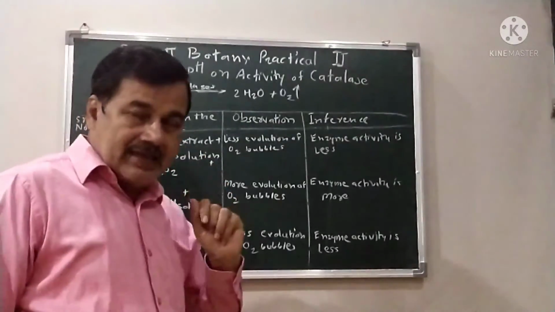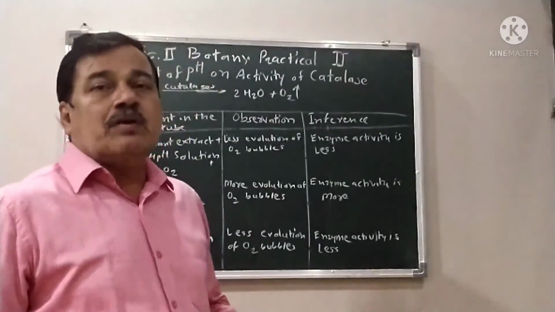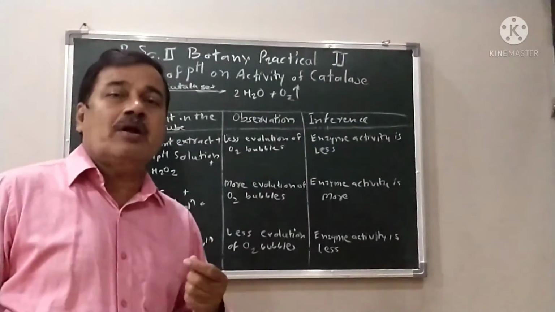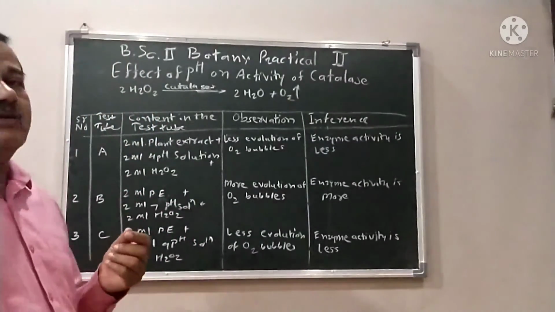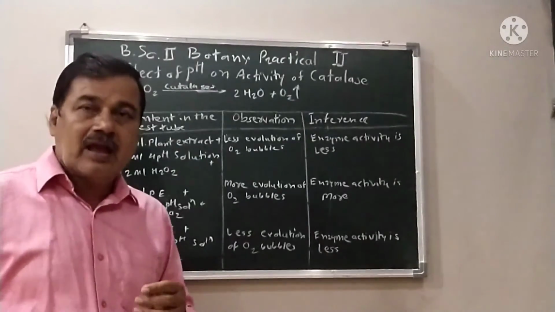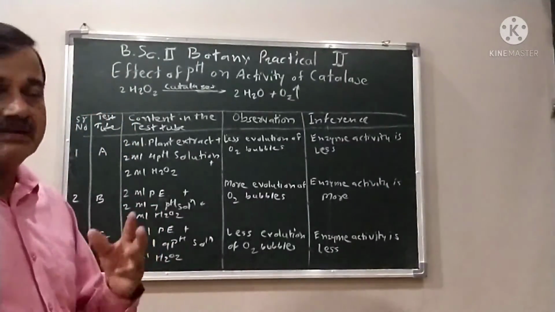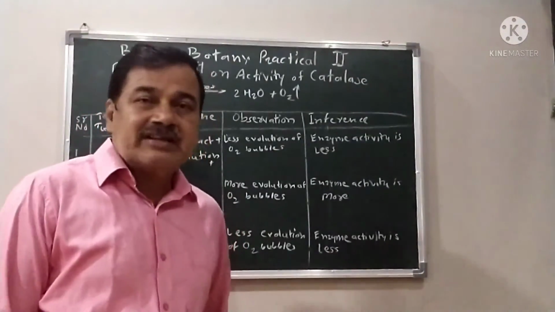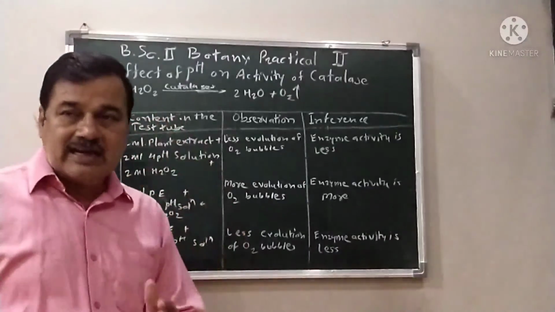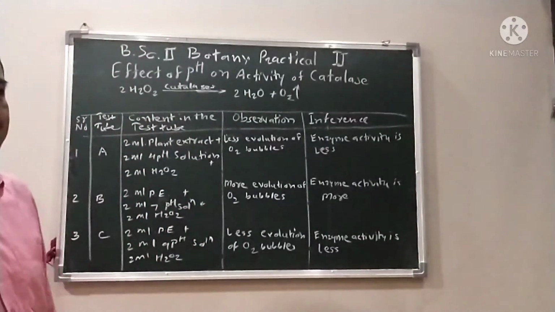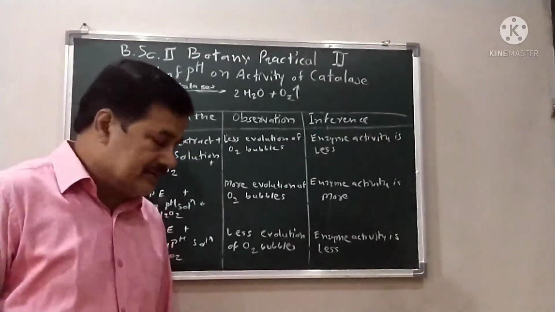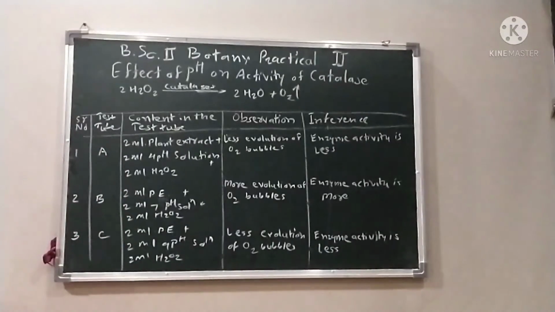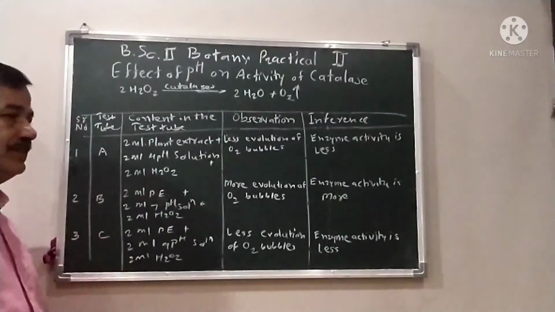The procedure of this experiment: take 20 grams of fresh leaves, wash them with distilled water, and blot them. Then the major veins are removed and the leaves are crushed in a mortar with a pestle by adding distilled water. After sufficient crushing, this extract is filtered through muslin cloth. The filtrate is taken. For this purpose, 3 test tubes are required, named A, B, C.